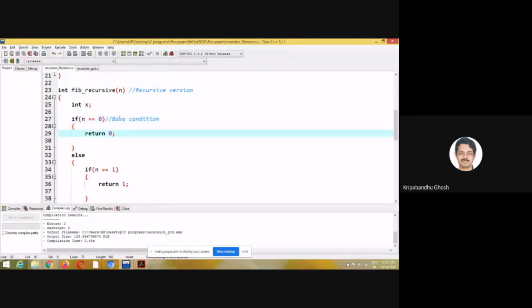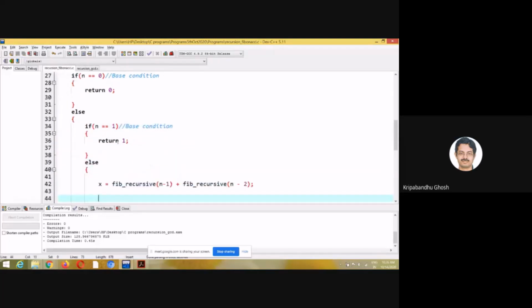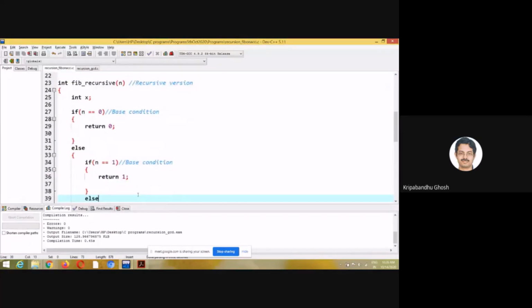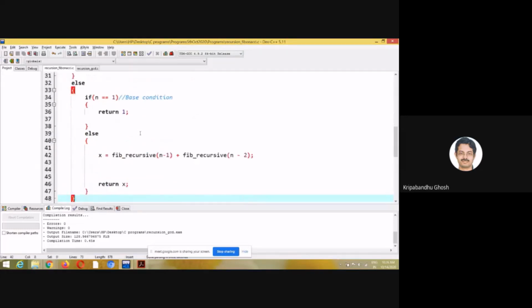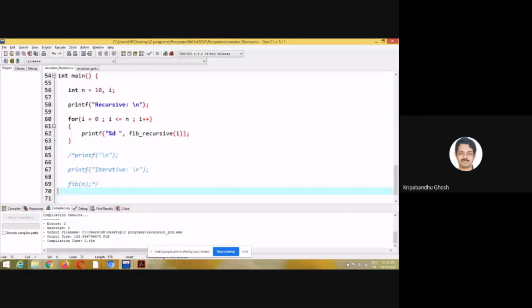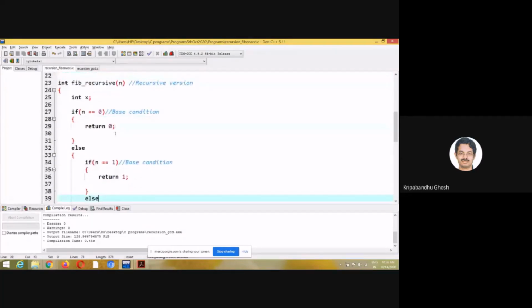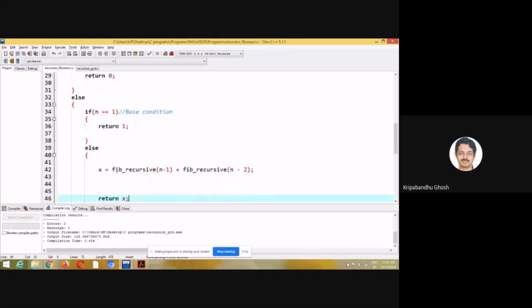So this is a base condition, and this is also a base. So there are two base conditions, right? For n equal to 0, we return 0, and for n equal to 1, we return 1. For the numbers which are greater than these two, okay, there is a problem. What will happen if n is less than 0, right? You could have kept a check. Here I have not done that, but possibly you can basically return something else. So let's not go there. Or else we are calculating this.